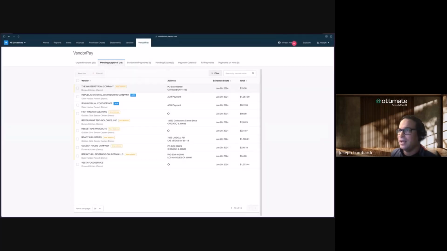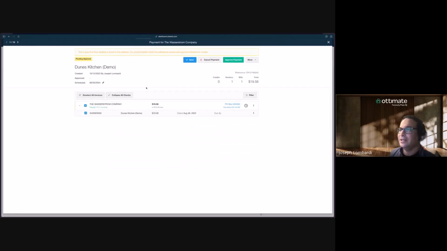Approval tab. And so in this Pending Approval tab, this is where all the payments will sit until the members of the organization that need to approve these payments can review them and approve them for payment. And the great thing about our tool is if you are a VP of finance or maybe a CFO, you may not be in the office all the time, but you still want to see those invoices. You want to review those payments, make sure everything is